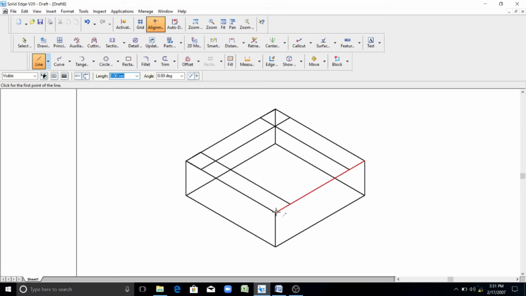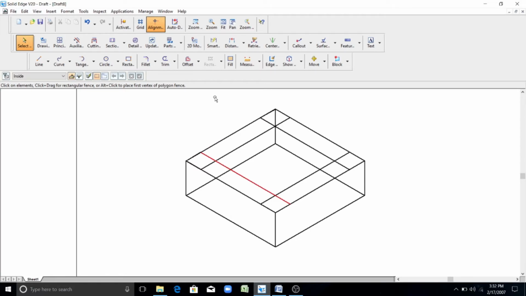Again, from this end point, I need a 10 mm length line, and click on this line, it will take the angle as 150. Again, I need a 60 mm length line, and the angle is parallel to this, 30 degrees. So like this.